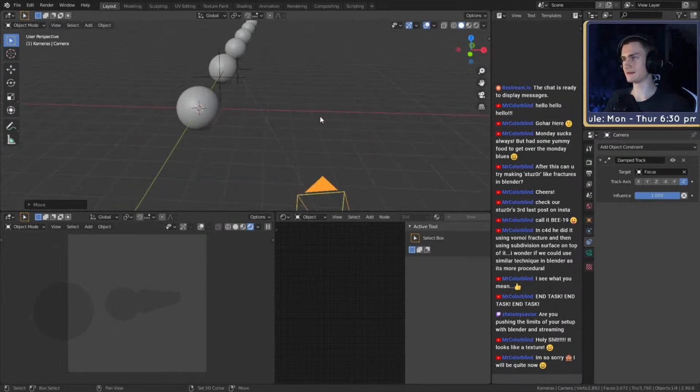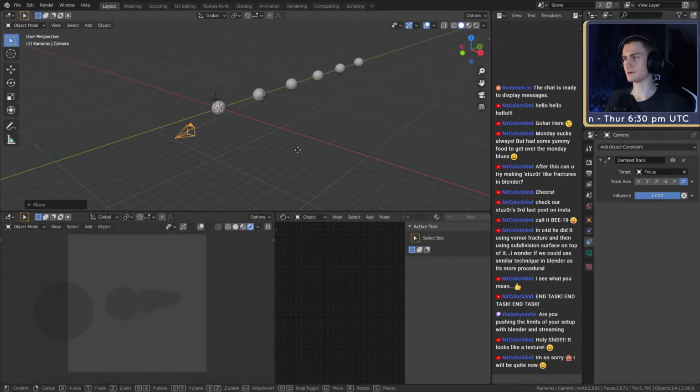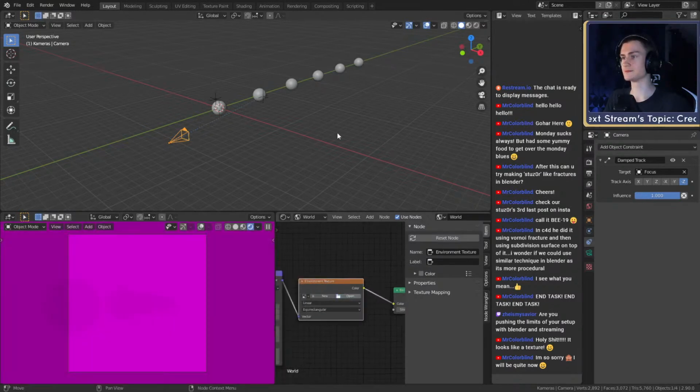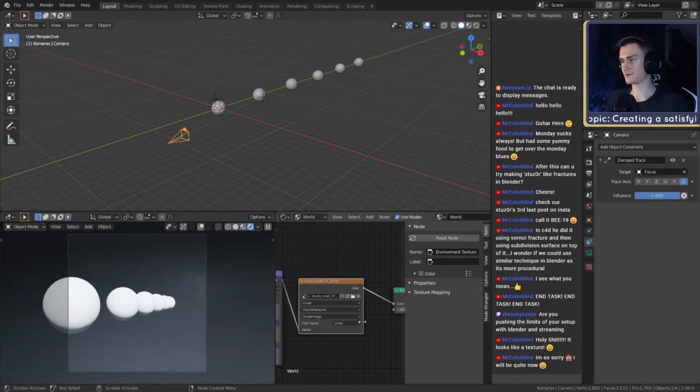We have 2 empties, so what we're going to do with the second one, let me put in an HDRI so we can see it better. Some studio lighting, this one right there, perfect.